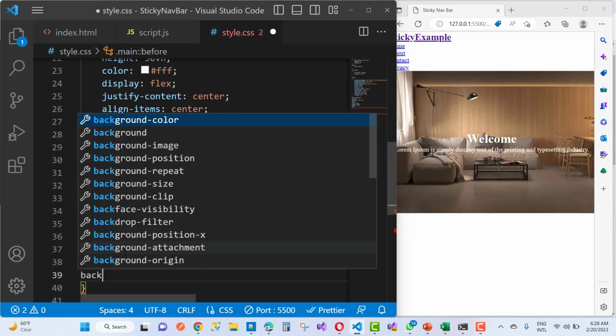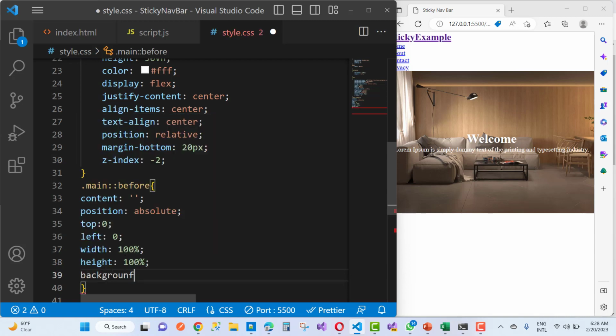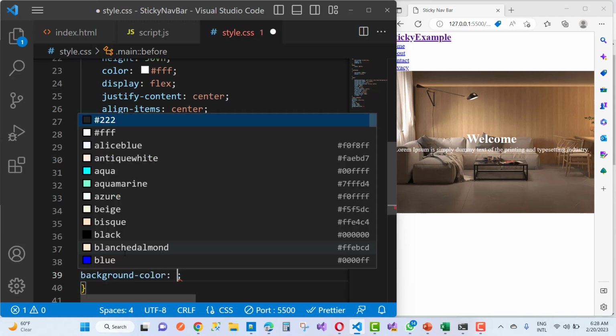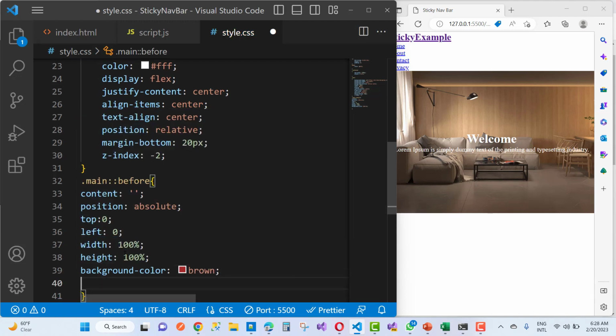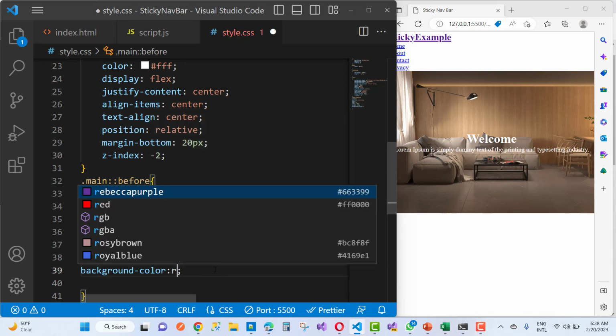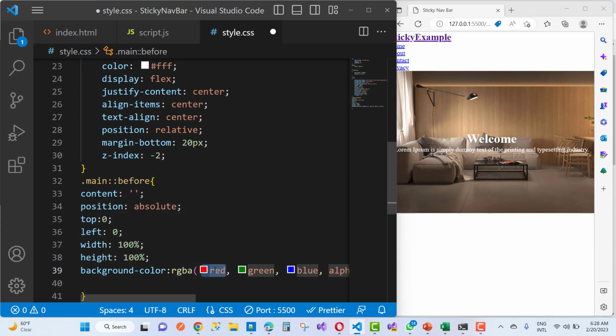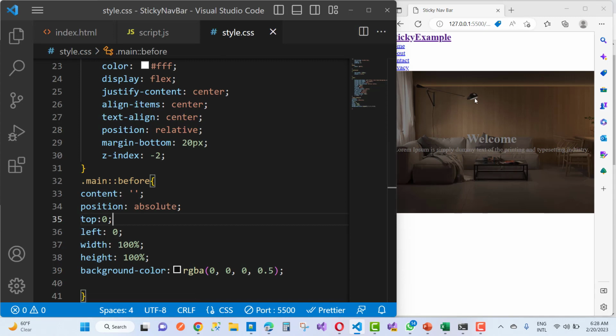and the background color is... it's not actually brown, RGB color, red, I mean to say 0, and green is also 0, blue is also 0, but alpha is 0.5. Okay, now save this, and you will see that this is the darker image inside it here, because the 000